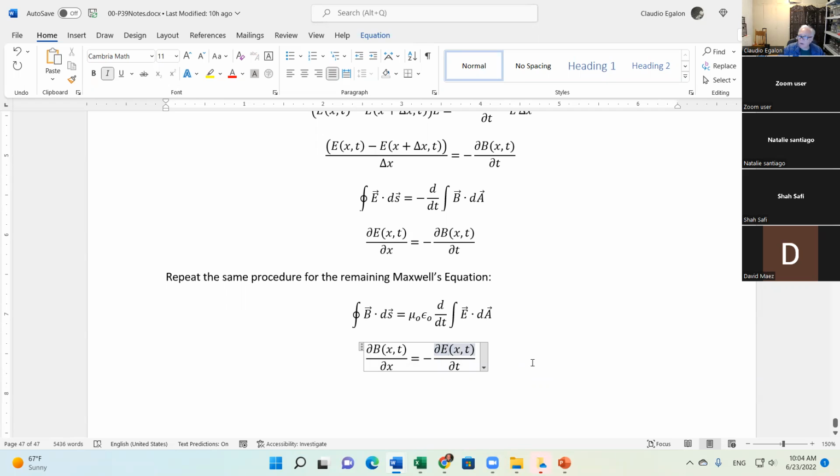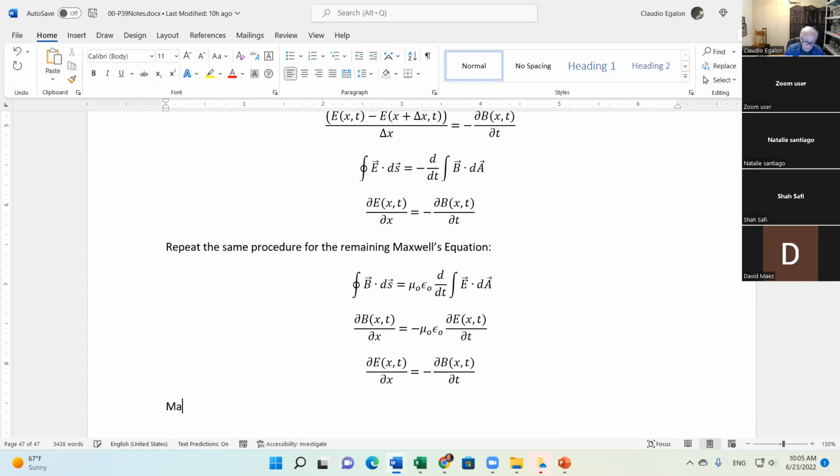But then there is a little dx. Then you have this constant here. We have this little constant that the other one doesn't have. And you still get the negative sign, by the way. Okay? And now we have those two differential equations, partial derivatives. Is this the wave equation? Not yet.